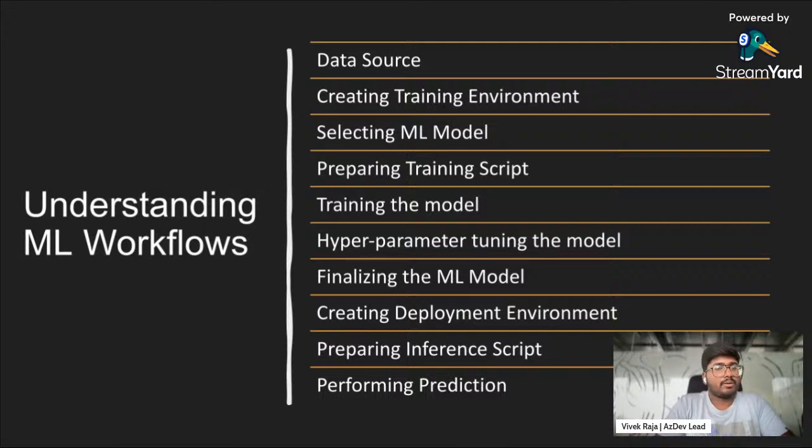So the next step is training the model, which is nothing but executing the training script. Once that is done, the outcome of this particular step is that you will be able to get a couple of metrics, like the accuracy of your machine learning model or its F1 score. Those metrics will help us decide whether we want to improve that machine learning model, leave it as such, or maybe go for the next step of deploying it.